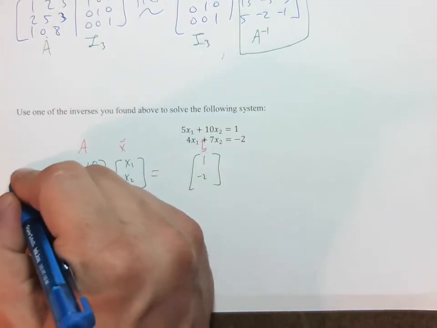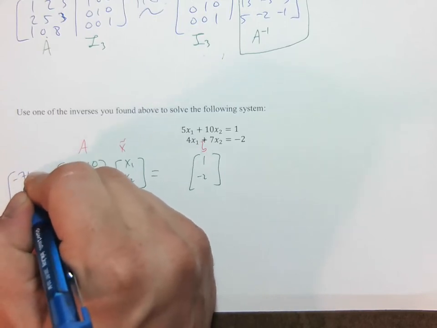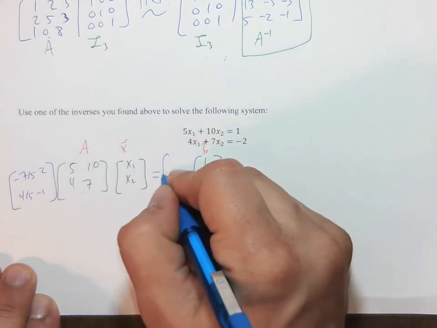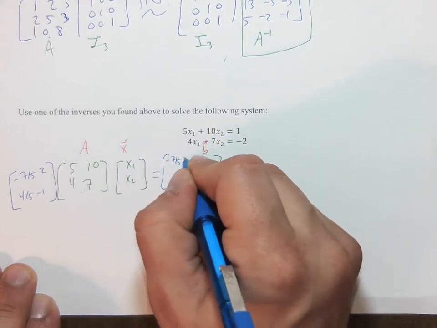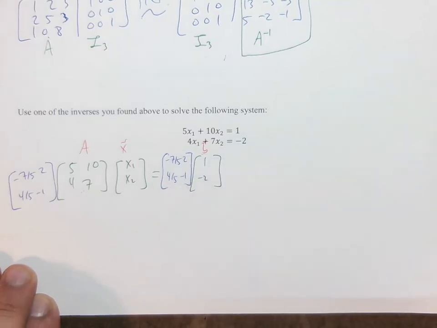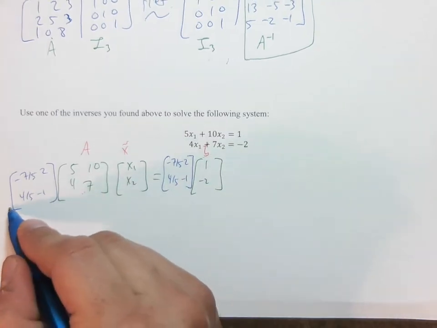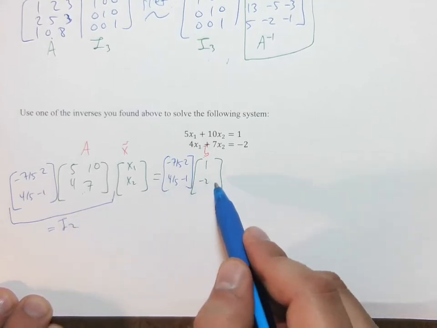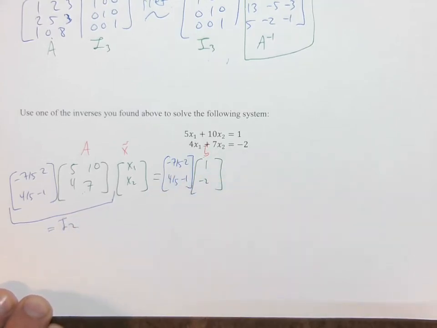So I'm going to multiply on the left by that thing we just found. And on both sides, of course, on the left. And these two things cancel. And then these two things end up being the answer, right? So we end up with